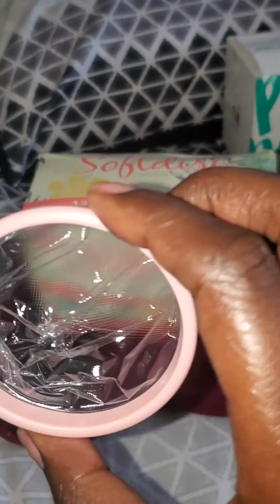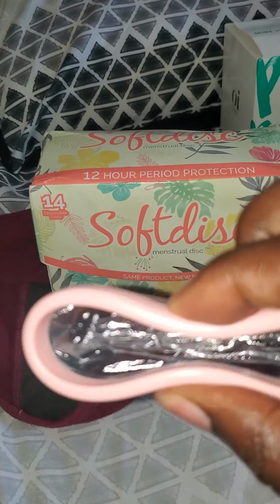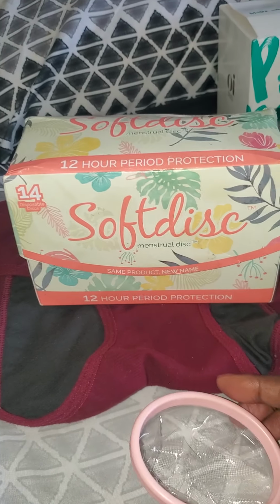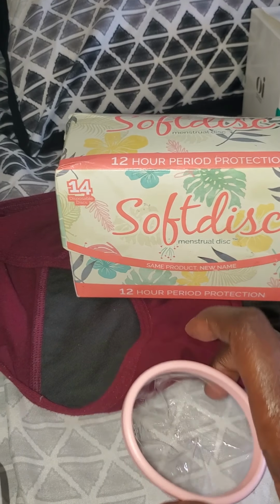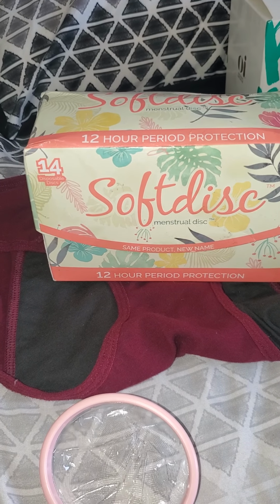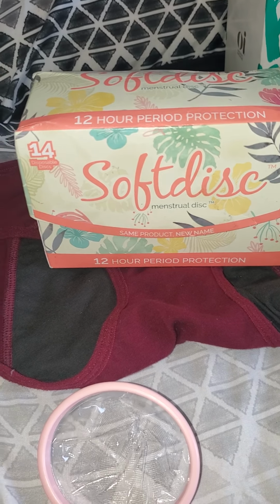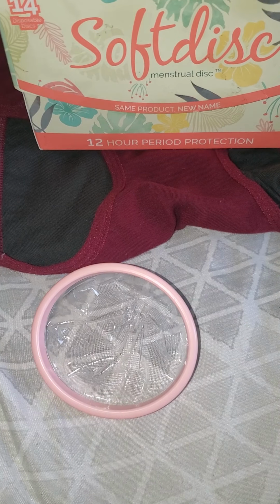But this is what they look like. And it's nice. That's my watch. That's nice and squishy. And it holds. And what I will say is that I've been using soft disc for years. Years. When I first started my journey of wholeness and getting my life right, and definitely being on